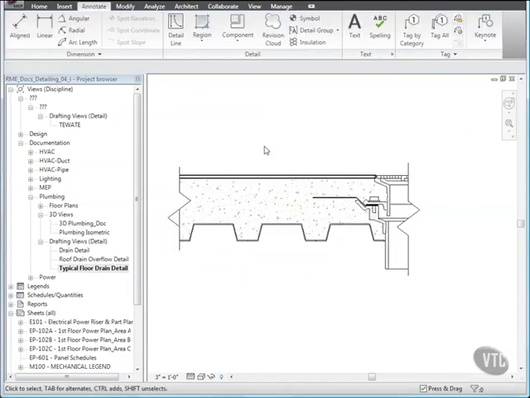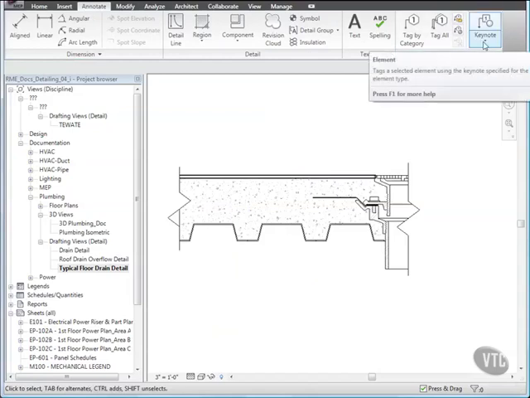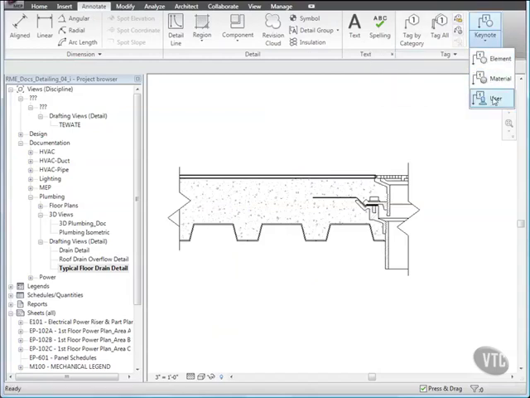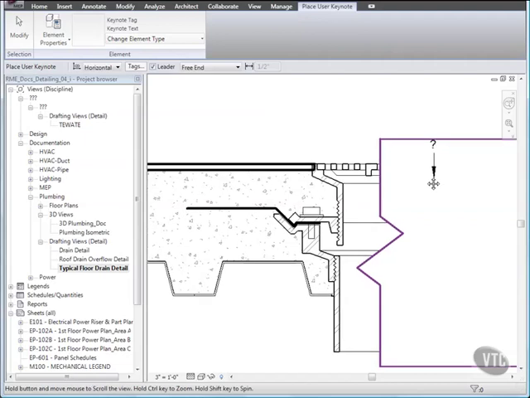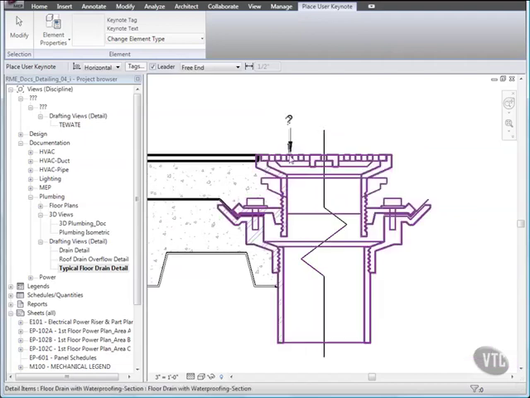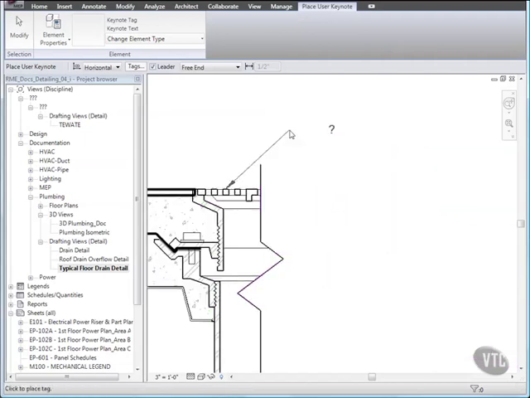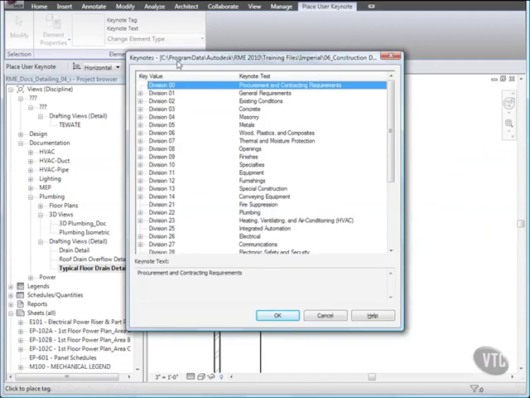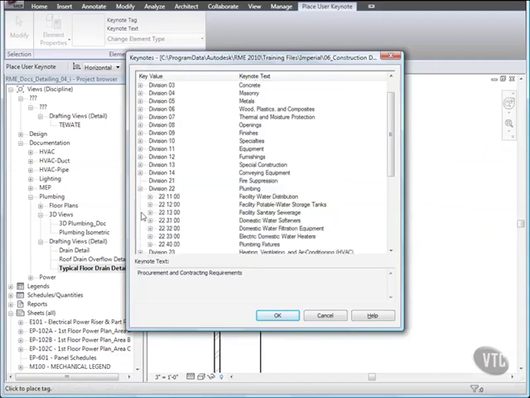Next, to add a keynote, from the Tag panel, click the Keynote drop-down and select User. Select the top of the drain as the object to tag, and then click the next 2 points to place the leader as shown. Then in the Keynotes dialog, expand Division 22,